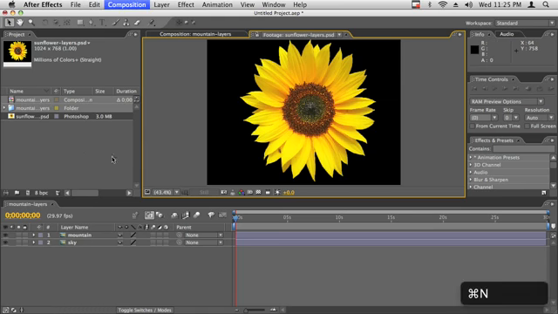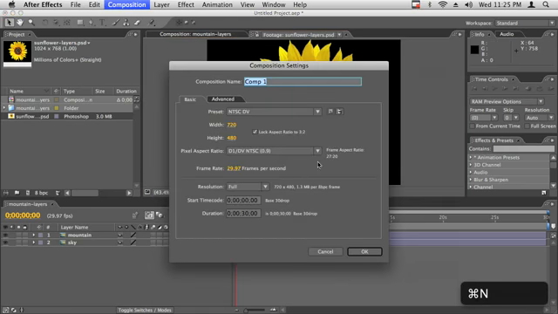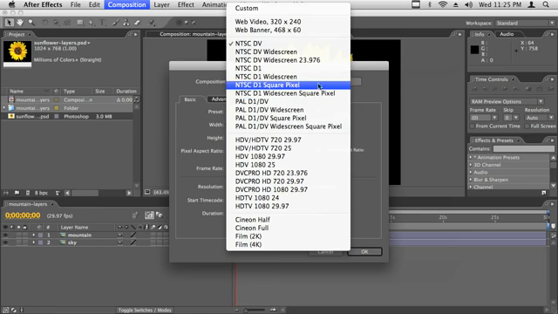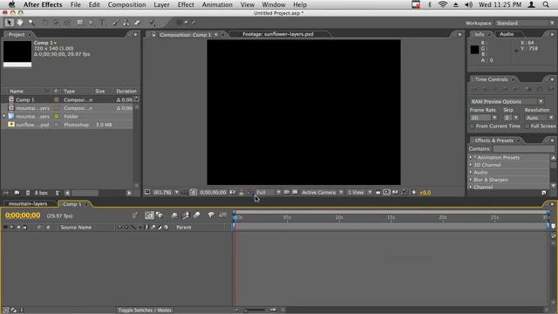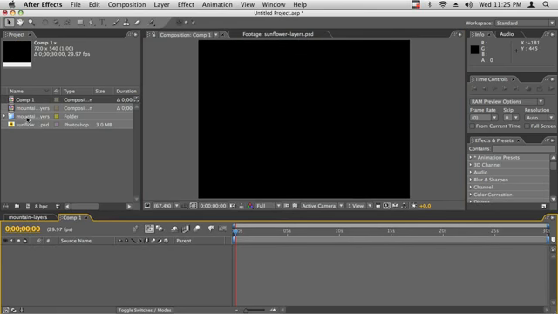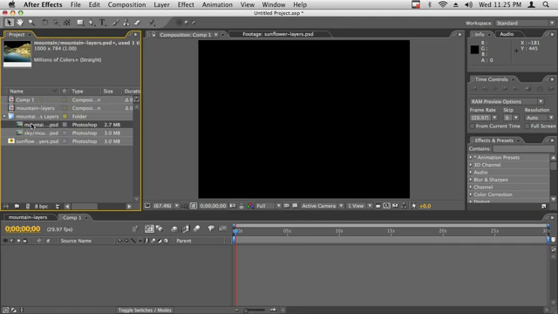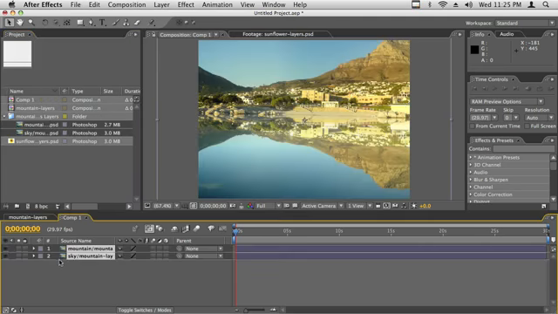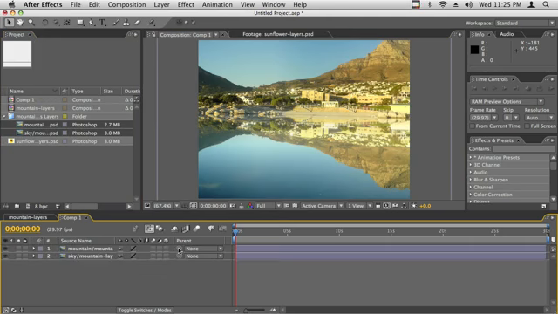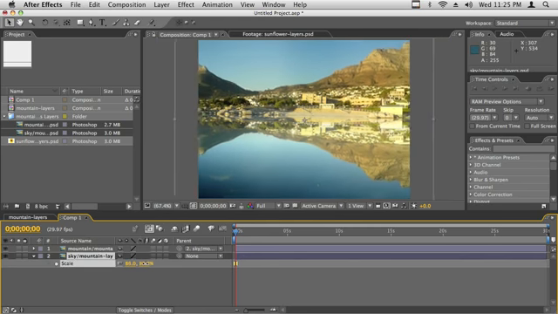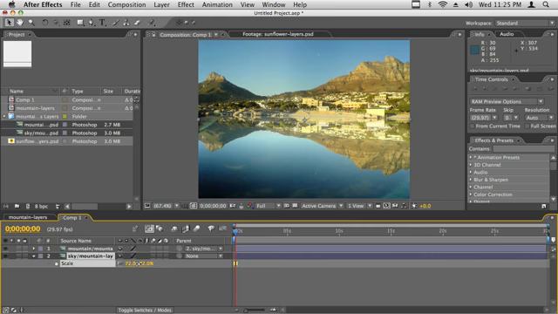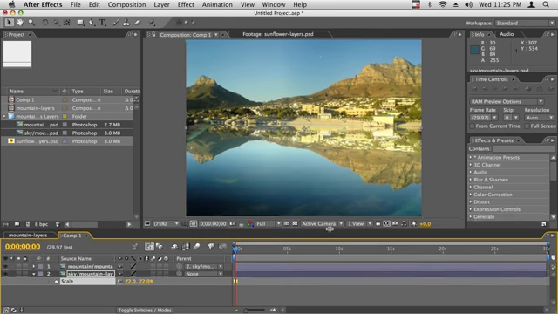We're going to create a new comp, and let's make it a square pixel just so everything is nice and even. And first thing we'll do is bring in these two mountain layers, and I'm going to parent them together so that I can scale down one of them. I'm going to hit S to reveal scale and scale that down so we have it nice in frame. Alright,